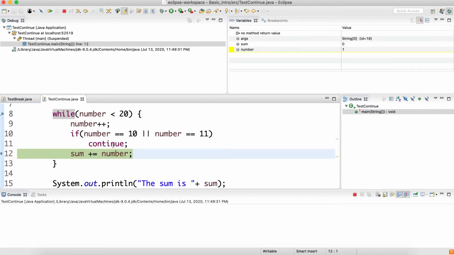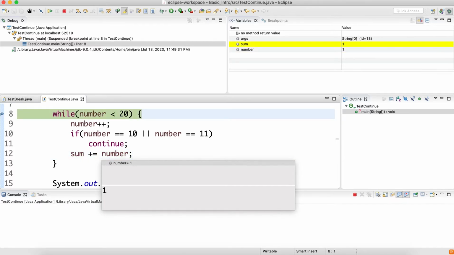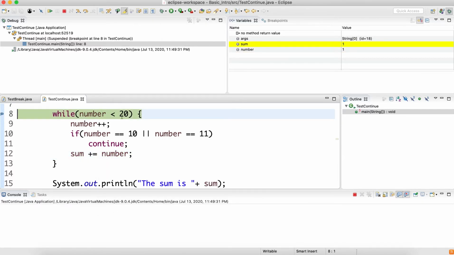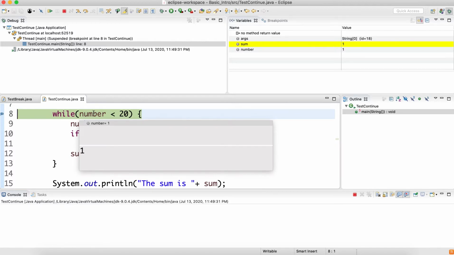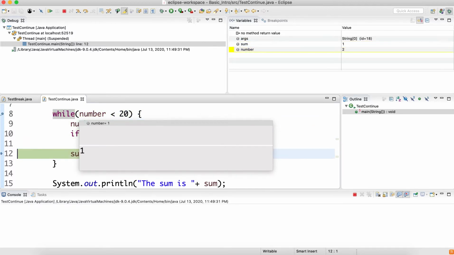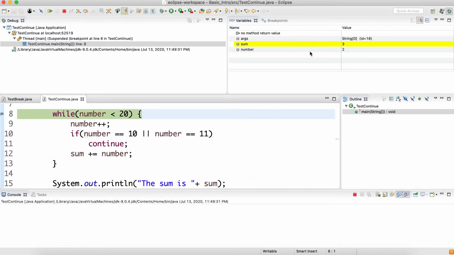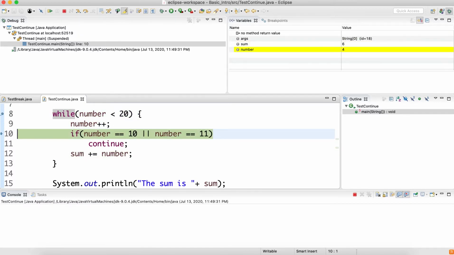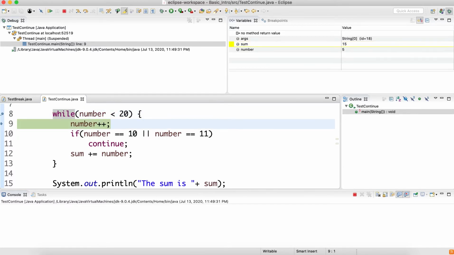It will not go here, rather it goes to sum, and then it continues to the next iteration. Now let's see the number. You see the number is getting incremented, like 3, 4, 5, 6, 7, 8, 9.